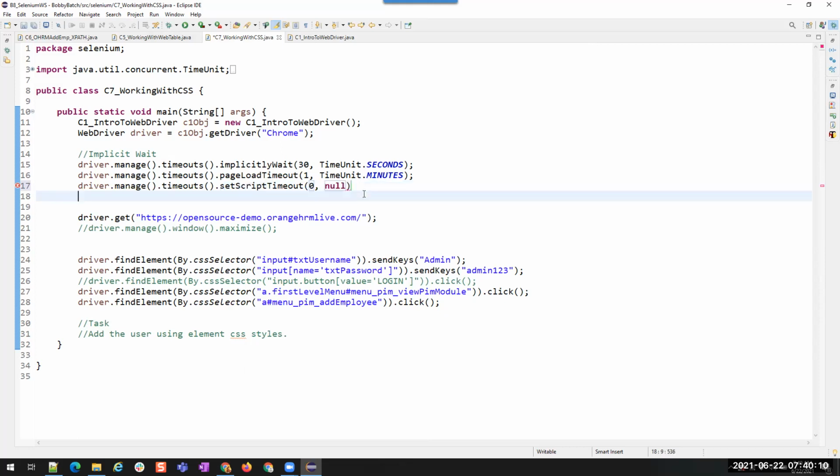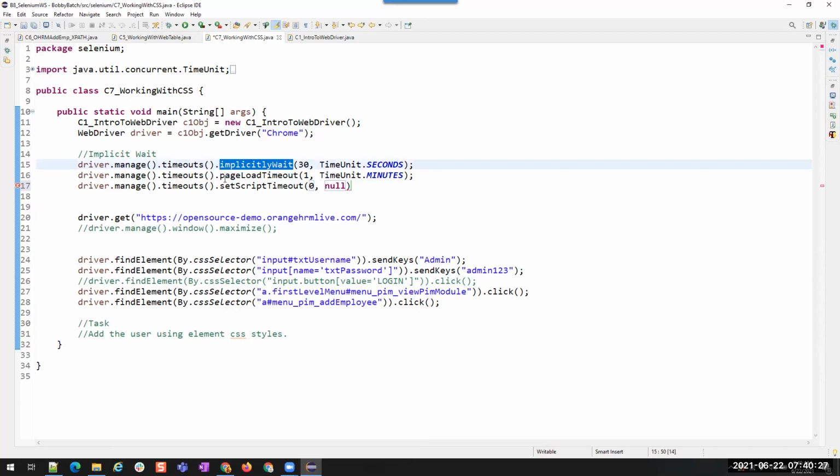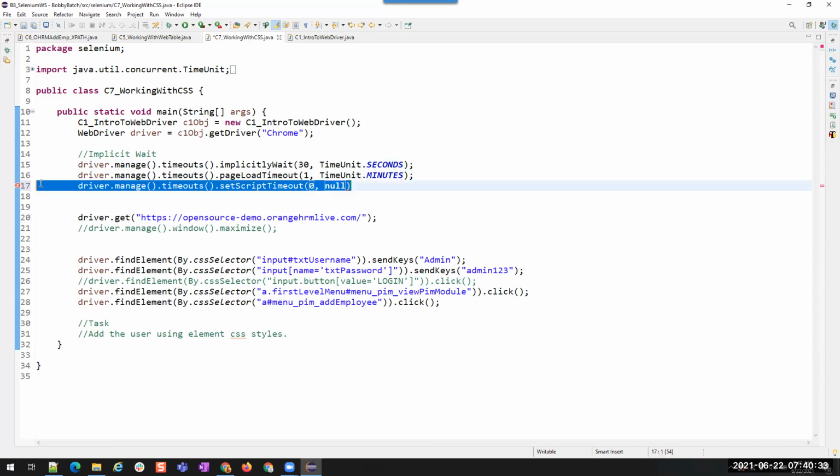If you are running using JavaScript and you want to fail if the JavaScript is not executed within some short span of time, then we use this. Generally we use only implicit wait and page load. Since we are not at the JavaScript level now, I'm skipping this. Using JavaScript with Selenium, I'll show you in later classes. That is also one of the topics.